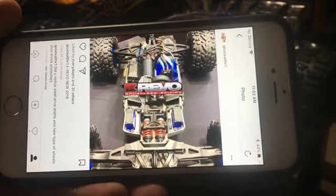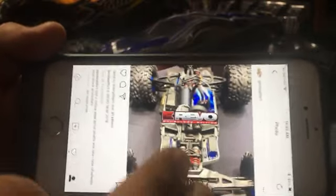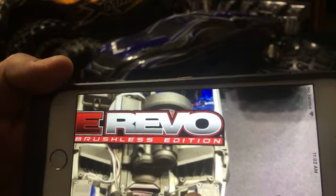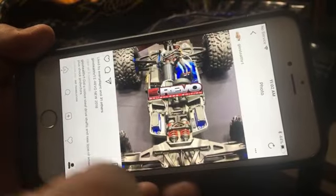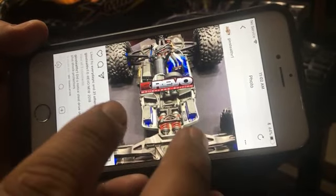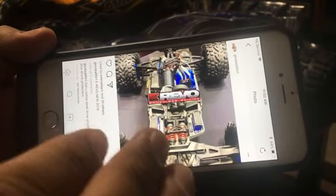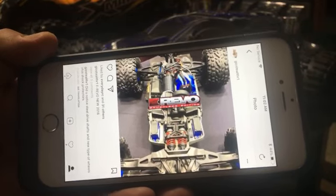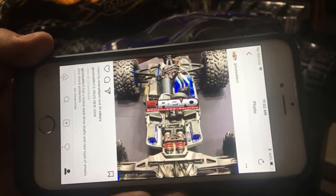Now here's a discussion that I was having earlier, Warhawk Legend. That is my only gripe about what's shown now. I haven't seen underneath, but judging by the right side of it, it looks like the battery trays stayed the same. I've spoken about this in numerous videos, that if they re-released the E Revo, they would set up their battery trays kind of like the way the E Max was set up, to where you're able to utilize their higher